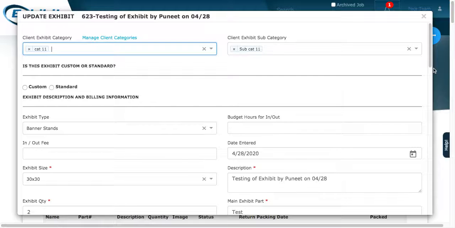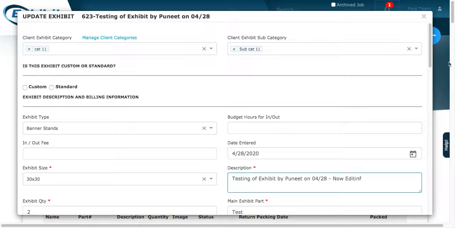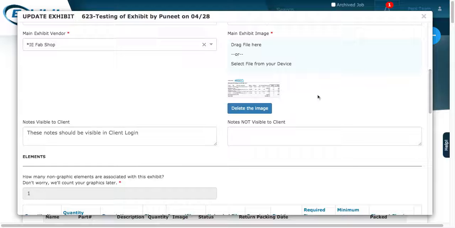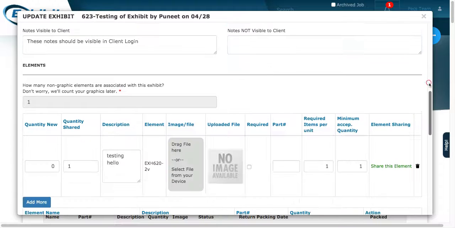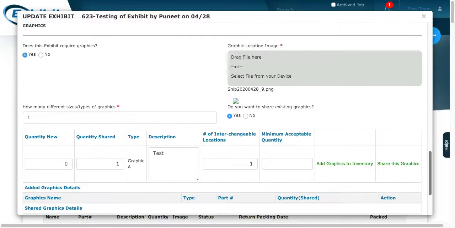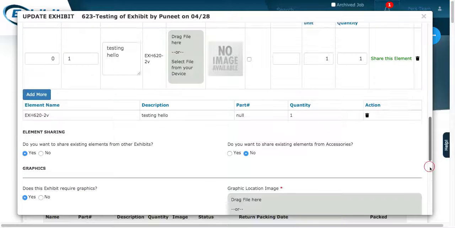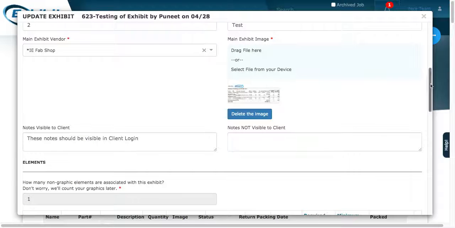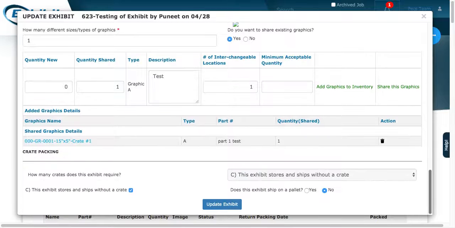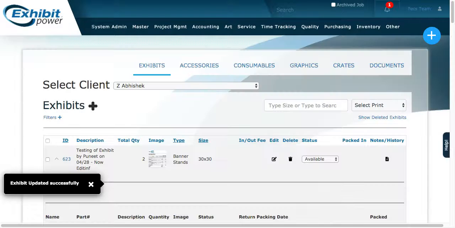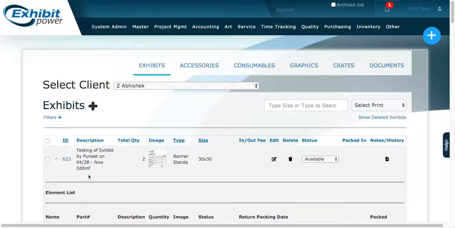So once I go ahead and edit, we have checked by editing all the fields whether it comes or not, and it does come. And these files' thumbnails are also coming, the ones that we uploaded. This one is not coming. We'll check why it is not coming. But otherwise, for this one, it is coming. We'll check for the below one why it is not coming. And I can click on update exhibit. So it shows me exhibit updated successfully, and this has been edited.